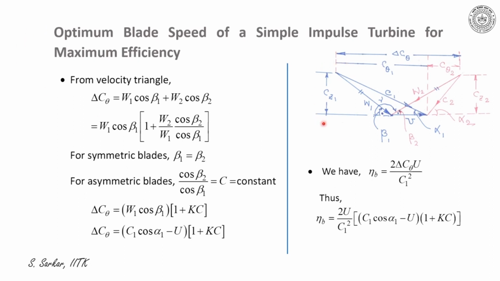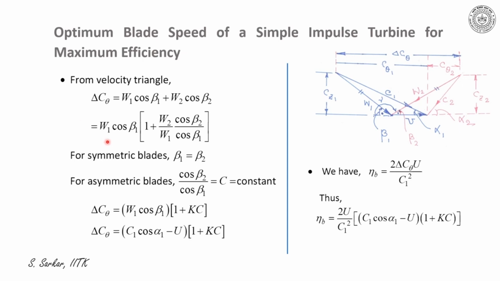So I have considered the superimposed velocity triangle of a simple impulse turbine. Hence, from the velocity triangle, delta C theta is equal to W theta 1 plus W theta 2. That is, delta C theta is equal to W1 cos beta 1 plus W2 cos beta 2, which can be